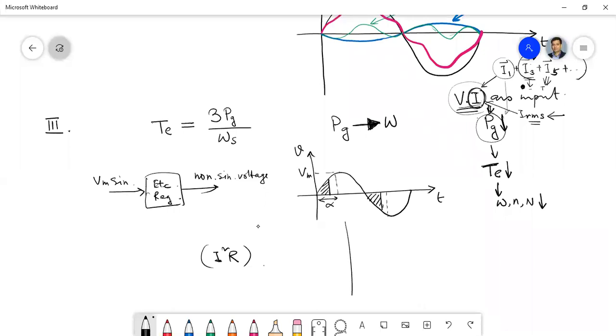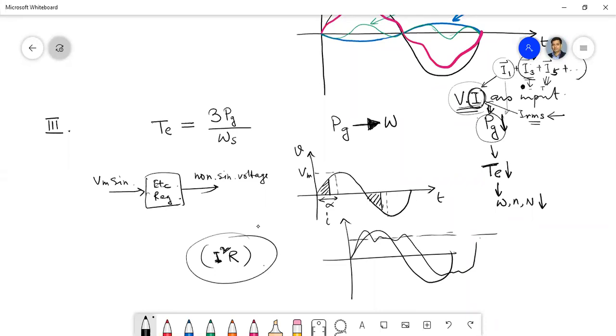Do you understand what I am saying? Earlier, when the current was sinusoidal, whatever RMS value we got, now if it is not sinusoidal like this, the RMS value will remain the same. And if the RMS value remains the same, then this I squared is basically the RMS value squared. Why would it change? Isn't it? Are you getting my point?